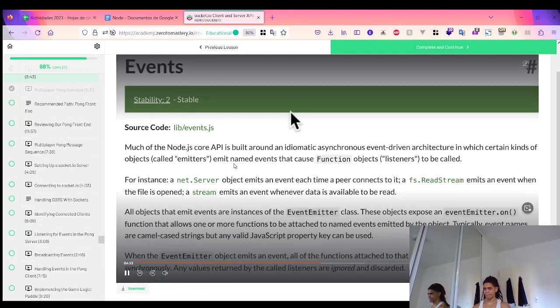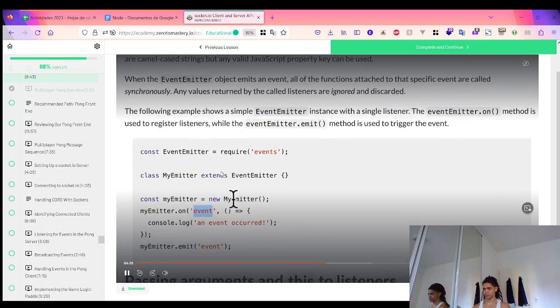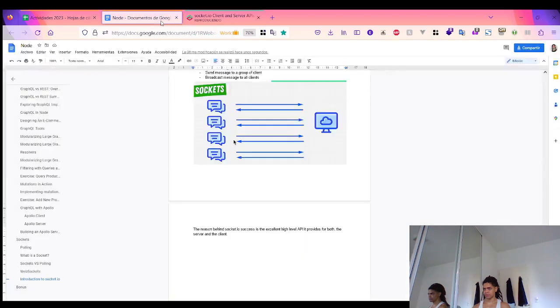If we remember, with the event emitter pattern, every action that occurs in Node, like a connection being opened